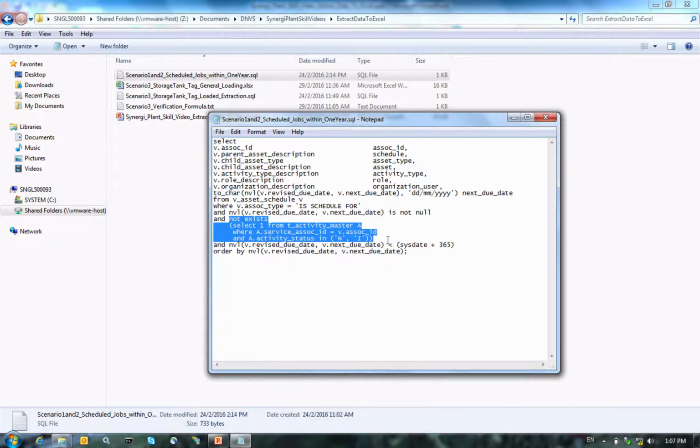And then for the columns here, I just simply select some columns like the schedule item, the information about the asset and the role, organization, and what kind of activity. But the most important thing is the constraint on the due date. So this statement here in the where clause says that